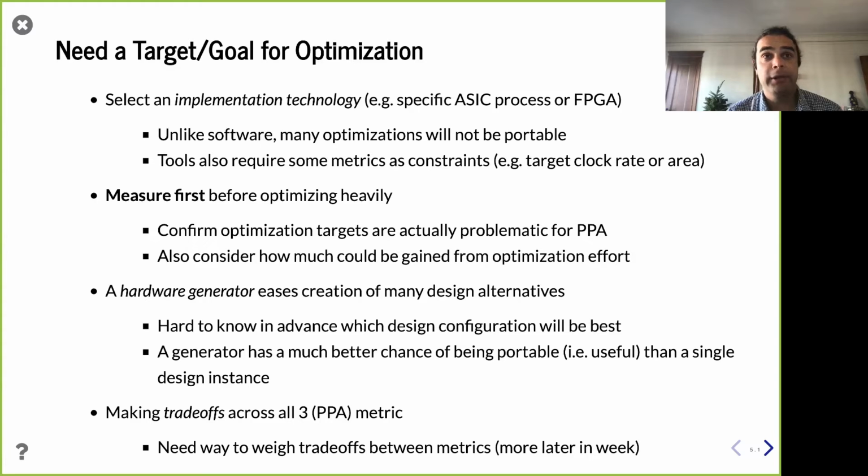That's tools doing work, not humans doing work. And rather than trusting a model, you can say, oh wait, here's what actually came out of the tools, right? So a generator is going to make this a lot easier. And as I said on the last slide, we're making trade-offs across all three of these PPA metrics, right? And so